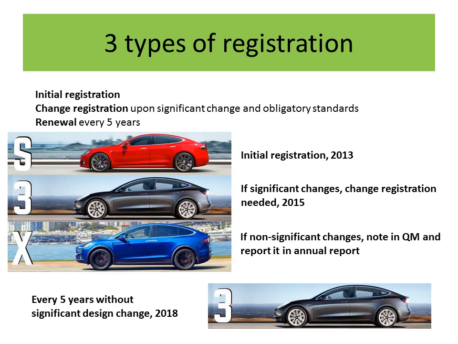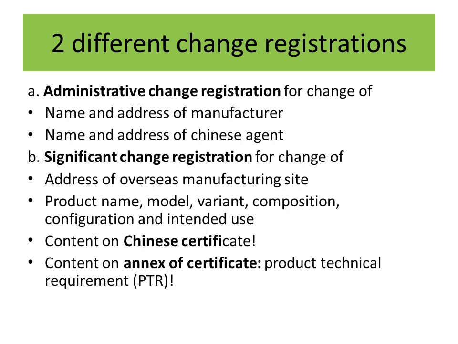registration. Do you know that there are 2 kinds of change registration in China? The easier one is administrative change registration, such as name and address of the manufacturer or Chinese agent. The complex one is significant change registration, such as address of overseas production sites, product name, model, variant, composition, configuration, intended use. Pay attention that change of any content on the Chinese certificate and its annex, the product technical requirements, belongs to significant